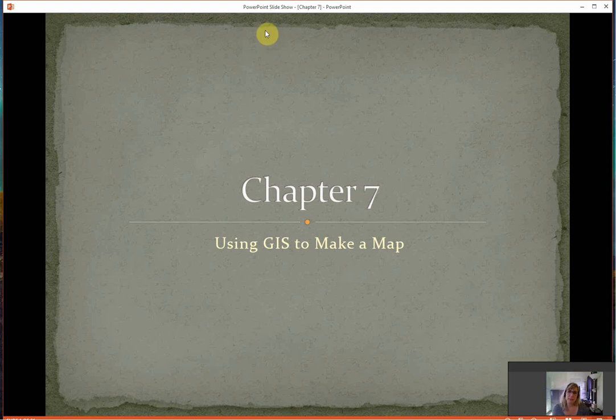Hi, alright, let's talk about Chapter 7, using GIS to make a map. So at this point you have done 2 different lessons in ArcMap, and so you should be feeling a little bit more comfortable with the different little bells and whistles that you can do. And if you haven't read ahead on the Moodle about what I've said about making maps, I'll just reiterate here